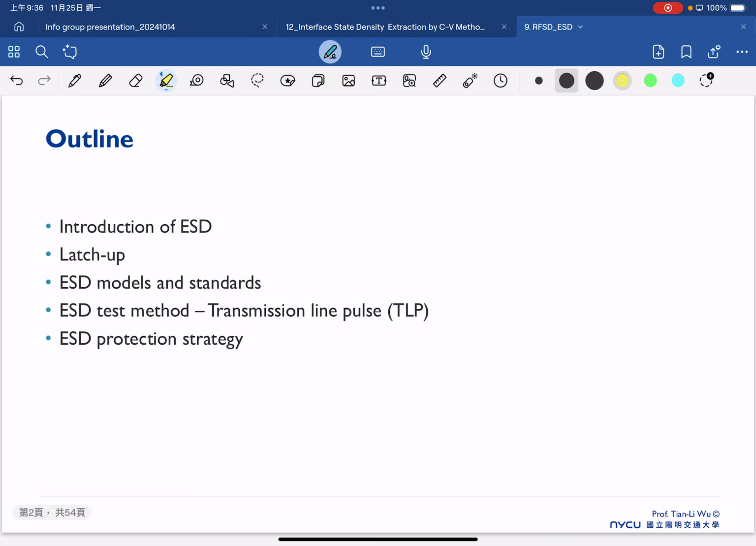So here is the outline. For sure, first we will introduce ESD: what ESD means to us, and the reason that causes the ESD issue. In the second part, we will talk about the fundamental reason leading to the current shooting for ESD, which is mainly related to the parasitic NPNP